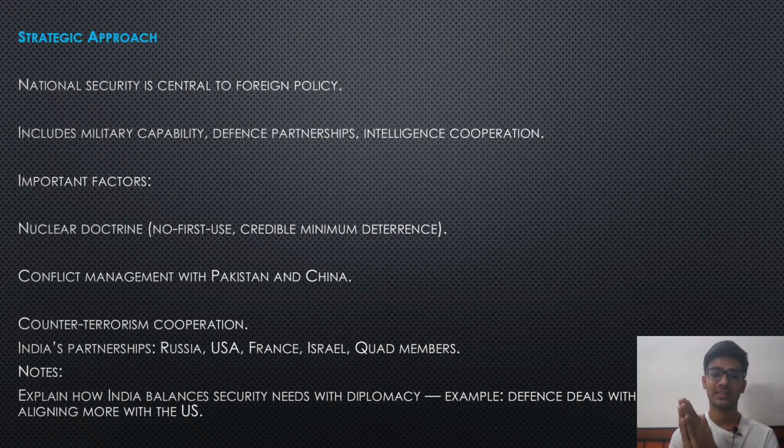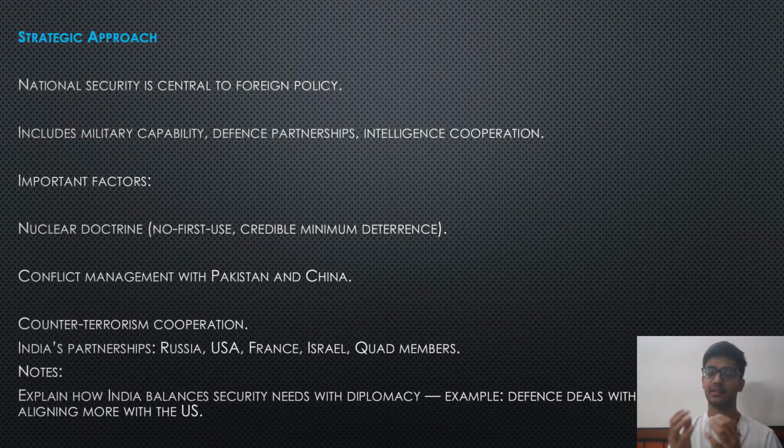Most of our programs are actually delayed or we are very far behind other nations. So then it becomes very important for us to build defense partnerships with other nations. So we have taken Rafales from France, we have taken missiles from Russia, we have taken drones and helicopters, and we are in deals for taking drones and helicopters and other things from US. So we have defense cooperation with different nations so that our military that is capable, that is well manned, can actually have an edge if it ever comes to protecting the borders.